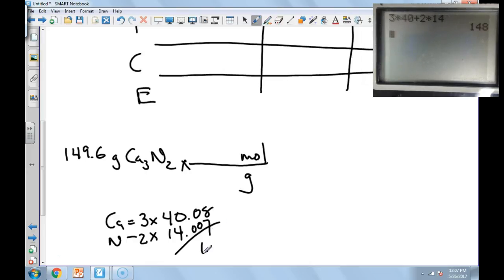Right? So this is 148, and the units on that is grams per mole. So I'm going to put this, for every 1 mole, there's 148 grams. So I do 149.6 divided by 148, and we get